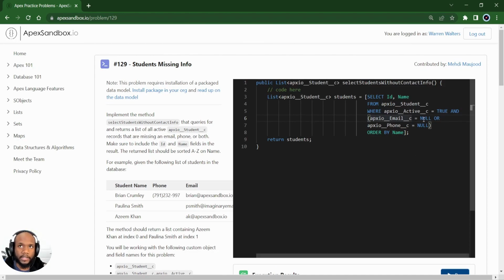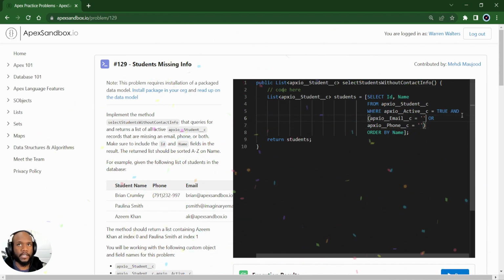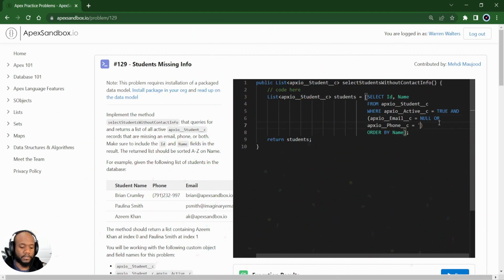But one other quick thing that I want to show you all is that a lot of times Salesforce treats nulls and empty strings almost the same. So let's run this, and we're still getting our confetti when we run that. So we can mix and match this, but if you want to cover all of your bases, you might as well just use null. It'll cover pretty much everything in that aspect. Now, what if we wanted to make sure that both email and phone number needed to be null for the